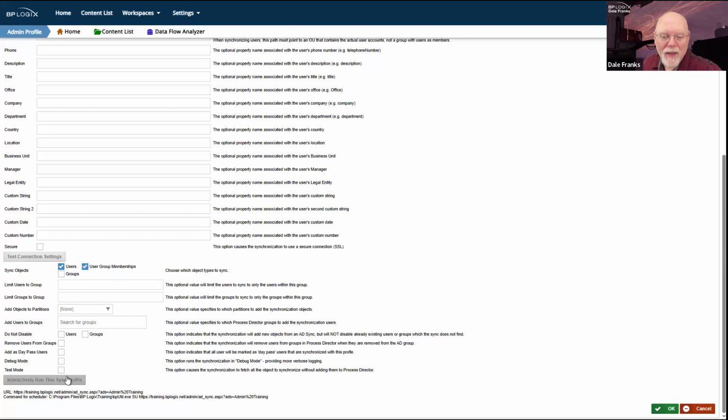Well, there is a checkbox, and it's hidden down here, and you only see it after you click interactively run this sync profile, which automatically runs in test mode. You need to uncheck that so that it actually runs, not that it runs in test mode. Because when it runs in test mode, Process Director is going to do everything that you would expect a synchronization to do, except actually create the user account. It's going to skip that one bit. And so it's going to look like everything is happening, but everything is not happening.